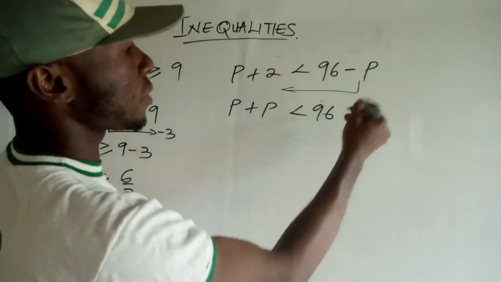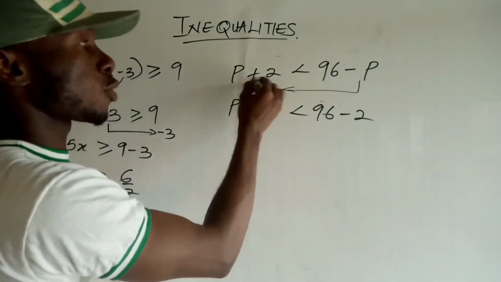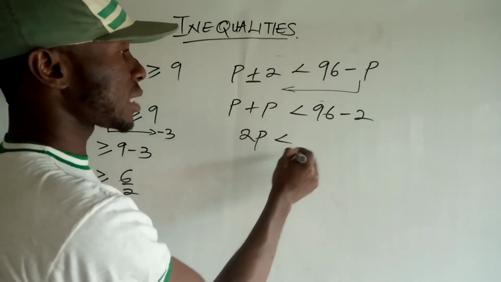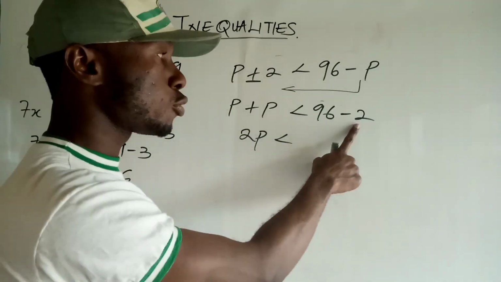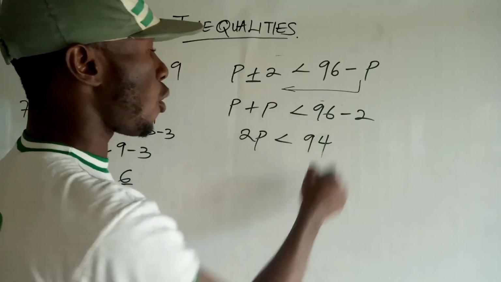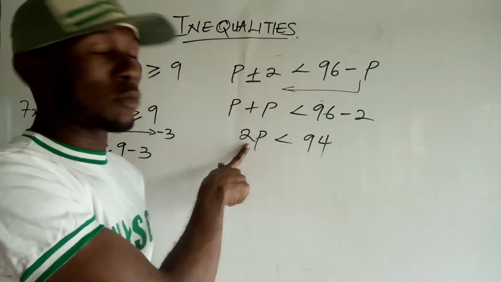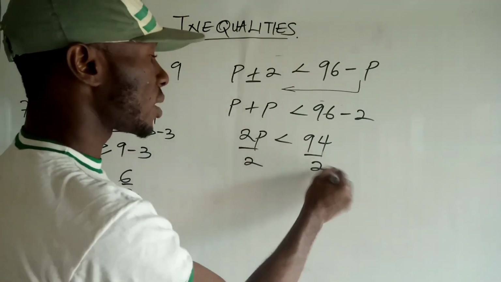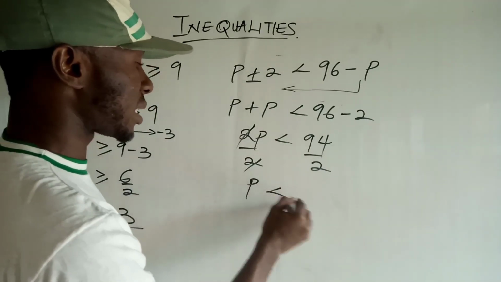When this guy goes over, it becomes negative 2, okay? Because it was positive right here. So p plus p is going to give me 2p less than 96 minus 2 is going to give me 94. And of course, you want to divide both sides by a positive number, so the inequality will not change. Divide both sides by 2. This guy cancels out this guy. So p is less than